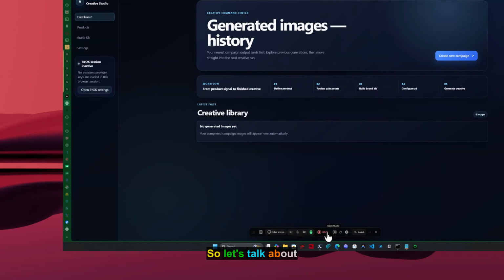So let's talk about AdSense. It is basically a creative studio where you can generate an ad. Create a new campaign out here. Basically, I will explain the entire product. Meanwhile, the first thing I want to do is basically start the